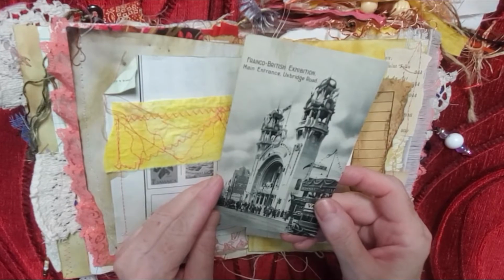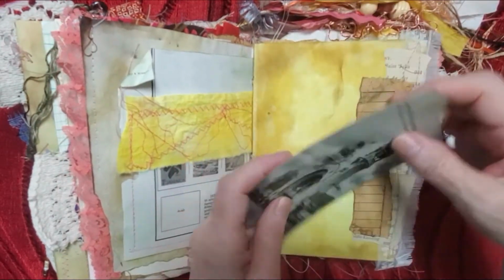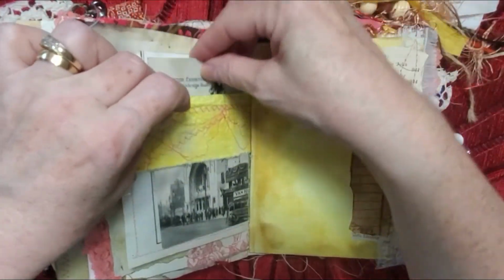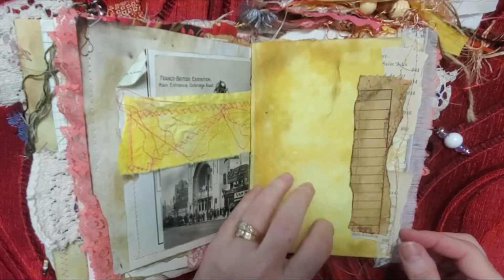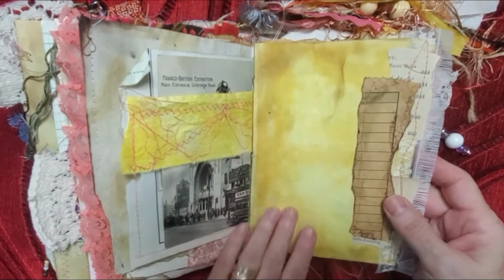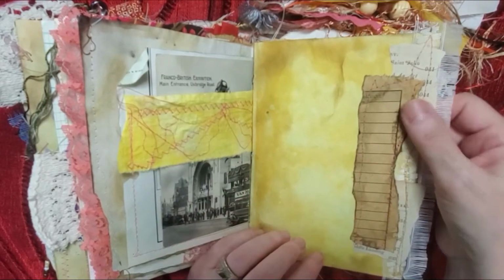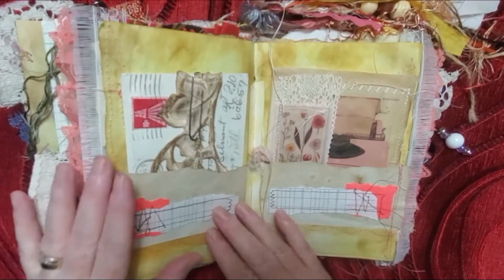This one is a British exhibition. Sure, very historic too, these gates here. So I try to find things that are interesting and that may be of some history value and so on. Now over here is also paper that I dyed in the turmeric, in both of these. And inside this one,